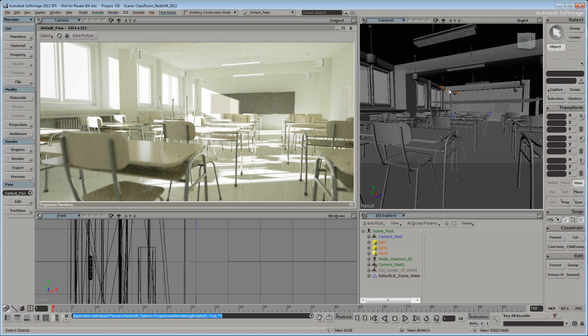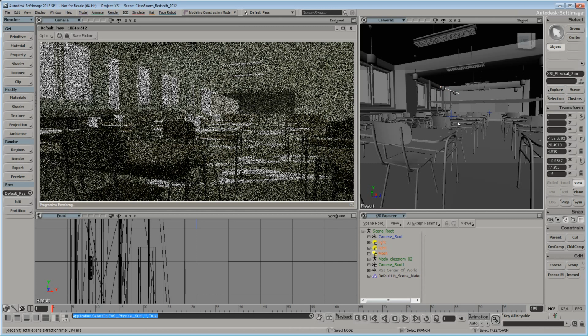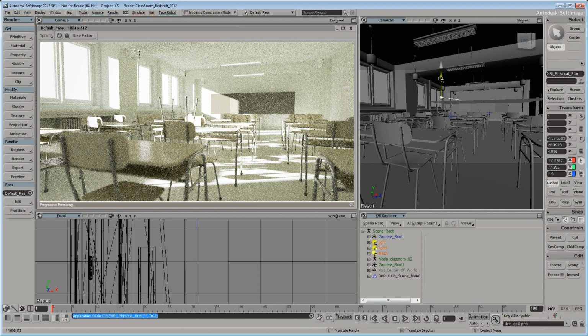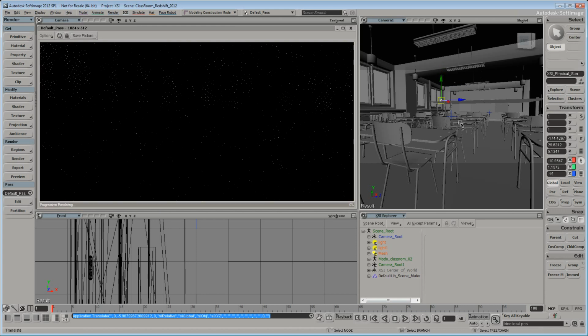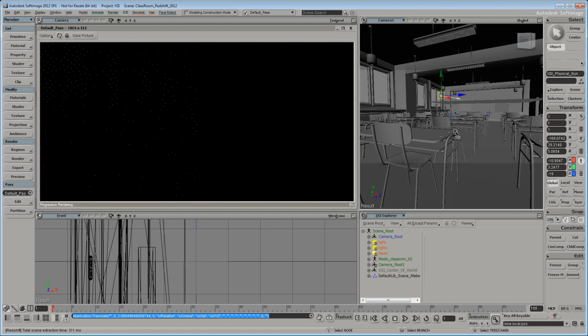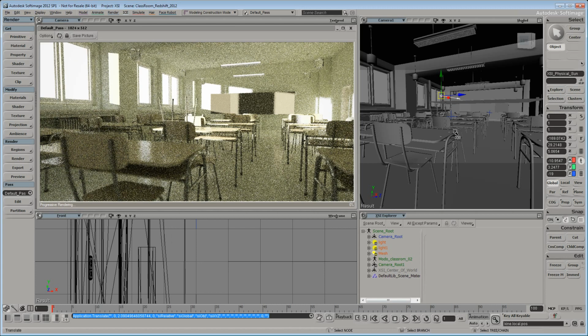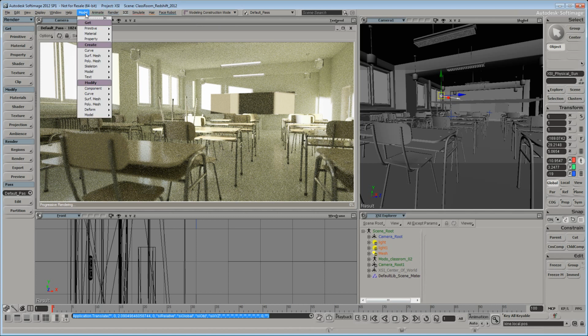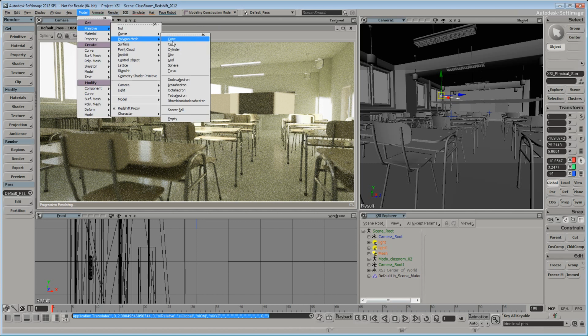Now I'm going to move the sun lower in the sky to get more of a sunset effect. And you can see we get a really good idea of what that's going to look like in our final render very, very quickly. So I'm going to move it back up just a tiny bit, to give some more light in the room, just so we can see what's going on. And I'm going to go ahead and add some geometry in here, and show you some material tweaking.